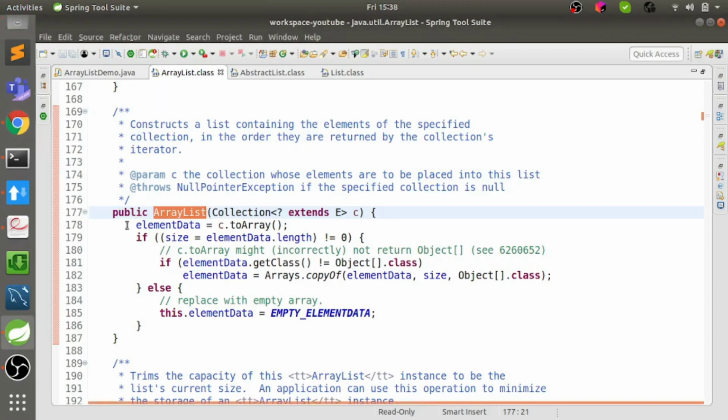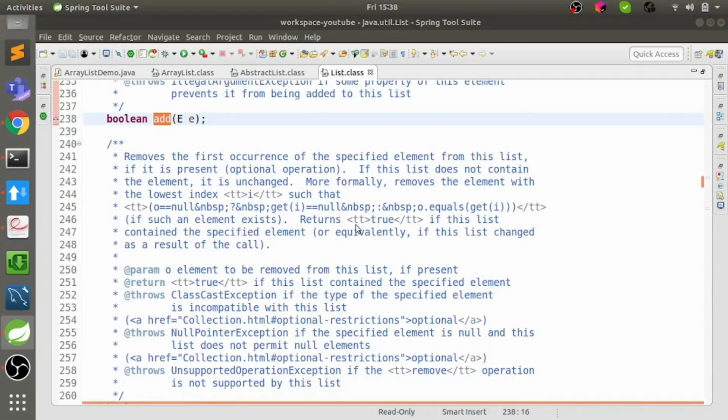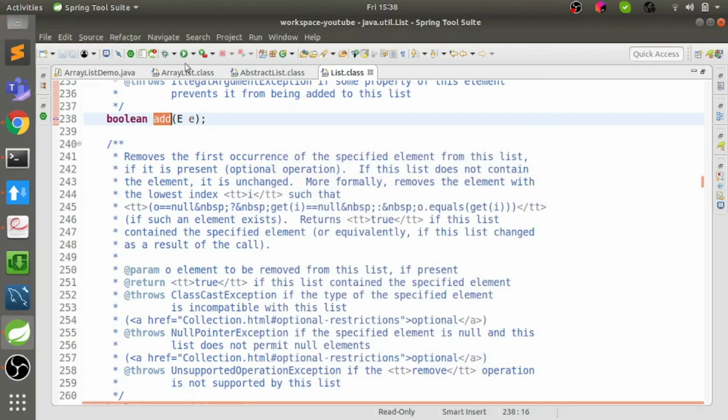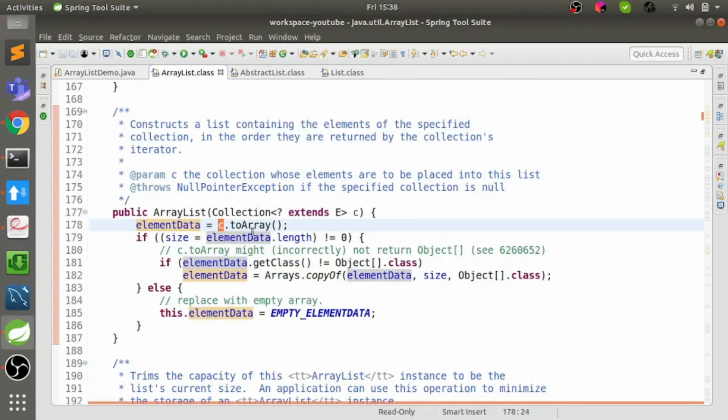So now what it does is simply, the element data is the array, and it assigns the element data to this collection. Basically we have just converted the collection to an array with the toArray function, which is of the list interface. As you can see, toArray is the function here in the interface, right? So it's just called toArray, and it just copies the data.